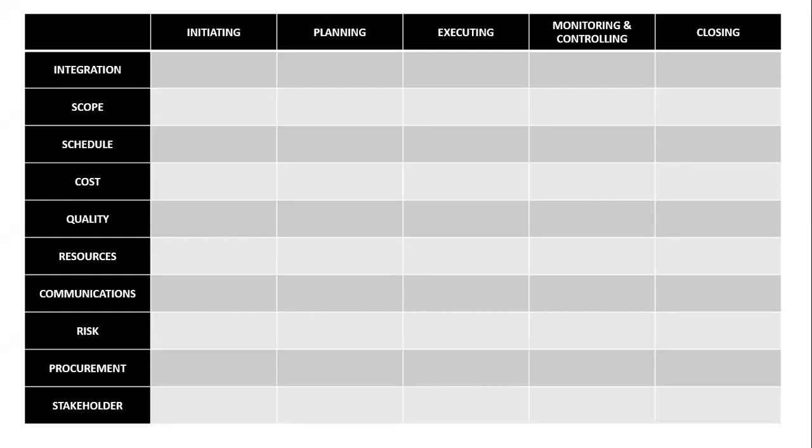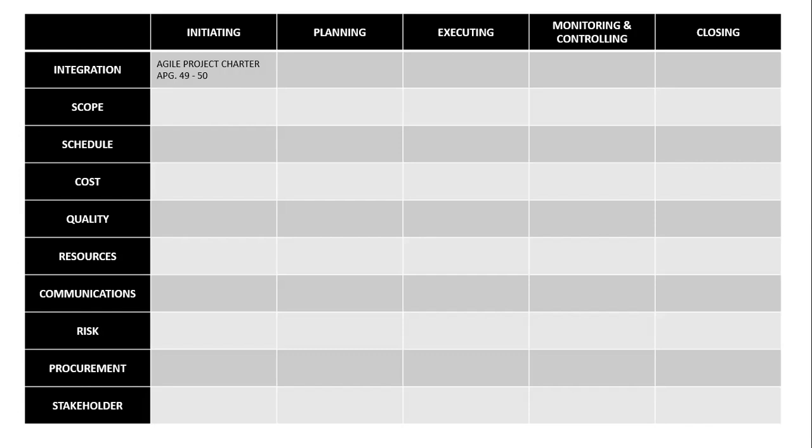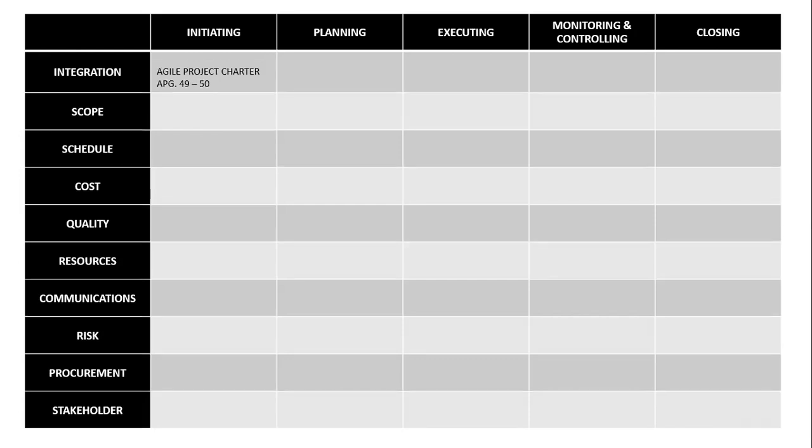So when you are integrating in the world of Agile, in initiating, an example of how you should think about that is with an Agile project charter. But that is just one of the things talked about in the Agile Practice Guide on page 49 to 50. So I would love for you to go to page 49 and 50 in the Agile Practice Guide and begin to understand the concept of an Agile project charter. Okay. Now, to go a step further, when you are initiating, there are other things you need, like a product roadmap,